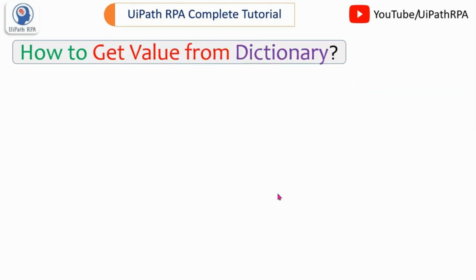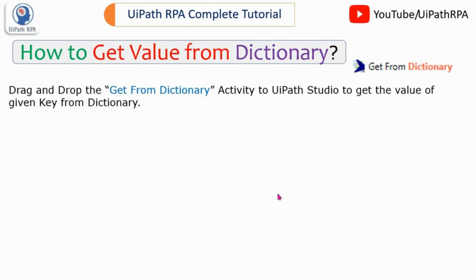Now the next one is how to get the value from the dictionary. So this is the activity we are going to use to get the value from the dictionary. We'll drag and drop the get from dictionary activity to UiPath Studio to get the value of the given key from dictionary.